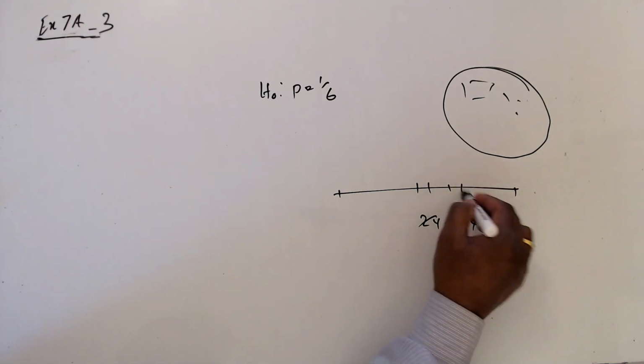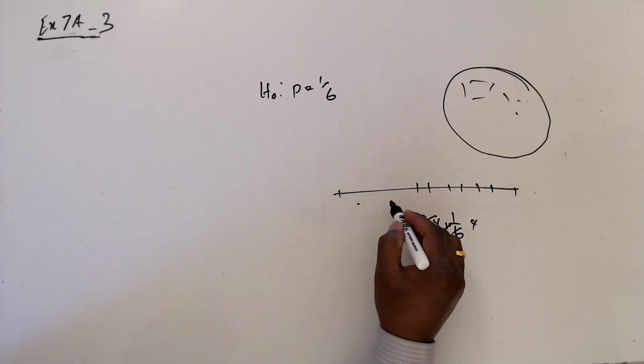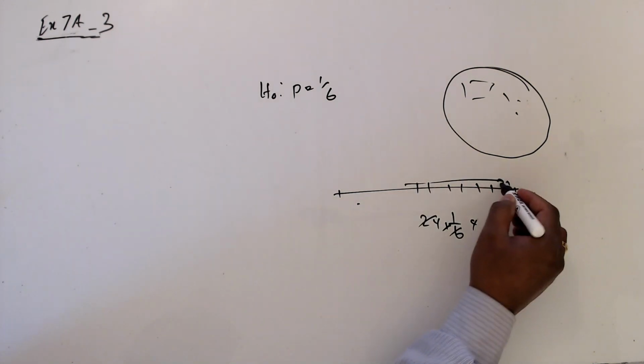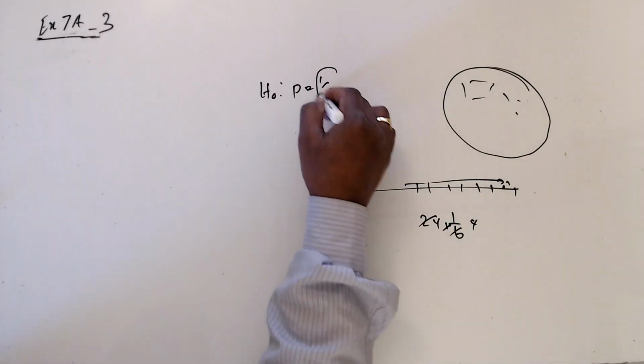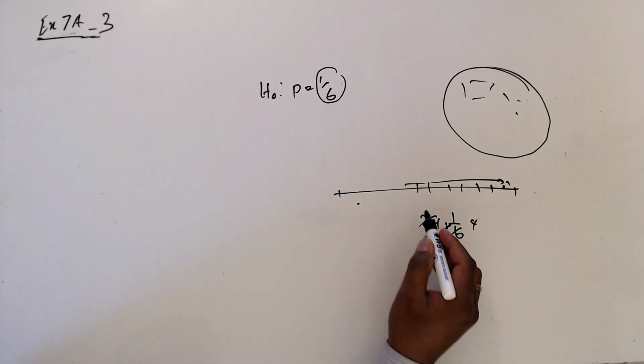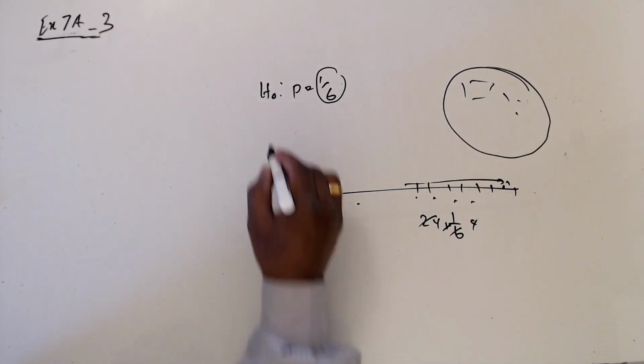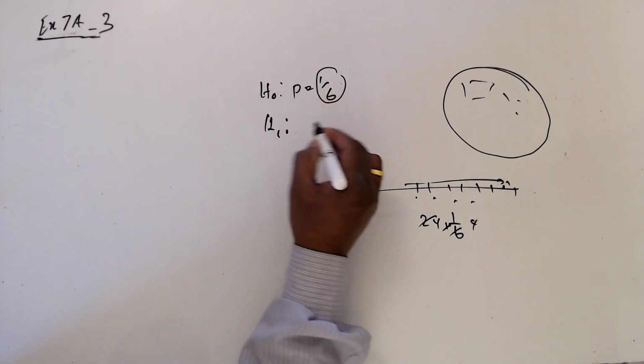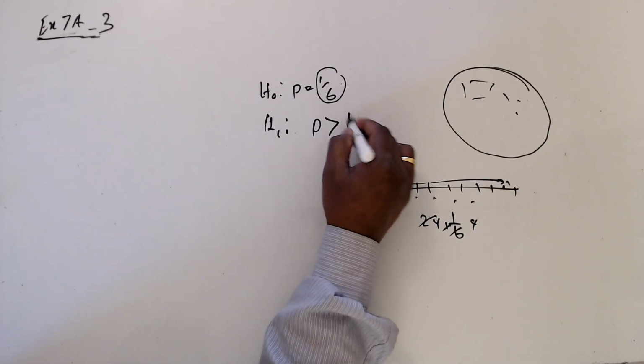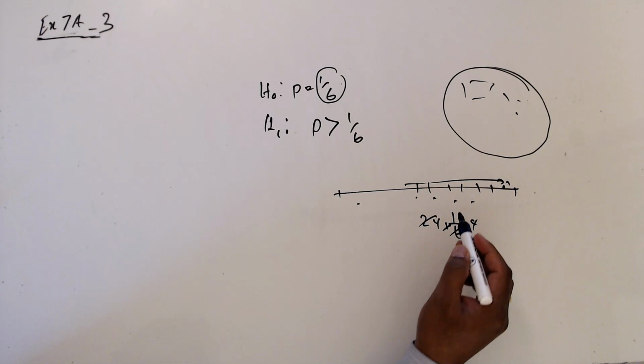So more and more means it is on the upper side. There is no relation to 1 over 6 because we are counting the number of successes. The experiment is different. So H1 is going to be probability greater than this one